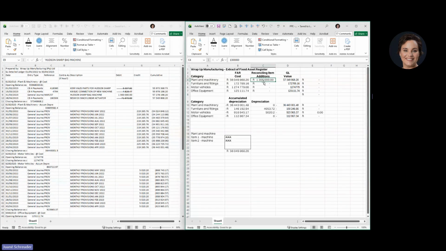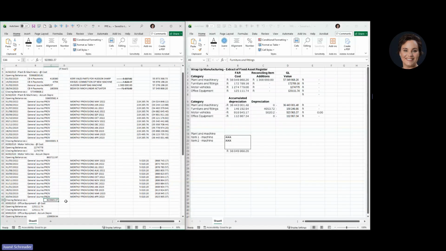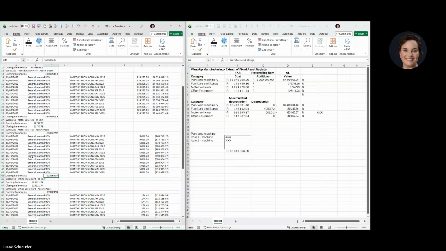So we will just simply ask them to update their fixed asset register as part of our details at the end, or maybe they'll update it and then we can reconcile it completely and get a new fixed asset register and just check that the recon then works. Good. For the other items, thankfully they agreed. So again, the property, plant and machinery, the motor vehicles there, the balance 923 agreed. Oh, sorry, that's the accumulated depreciation. The vehicles, motor vehicles, 1.274 million and so forth.